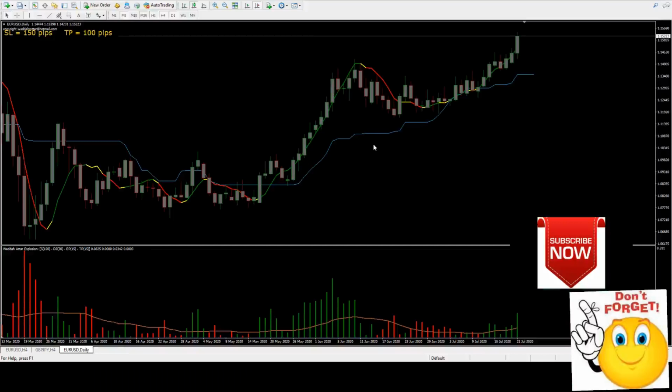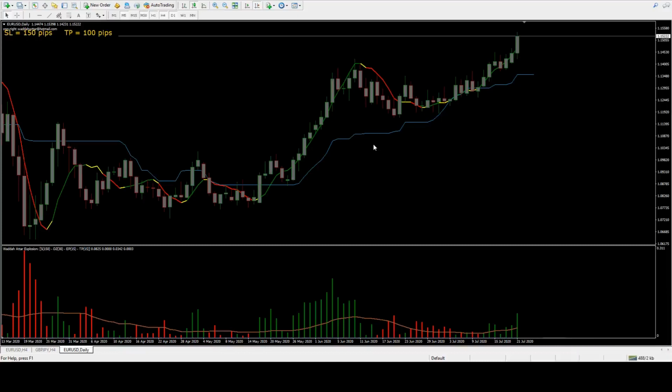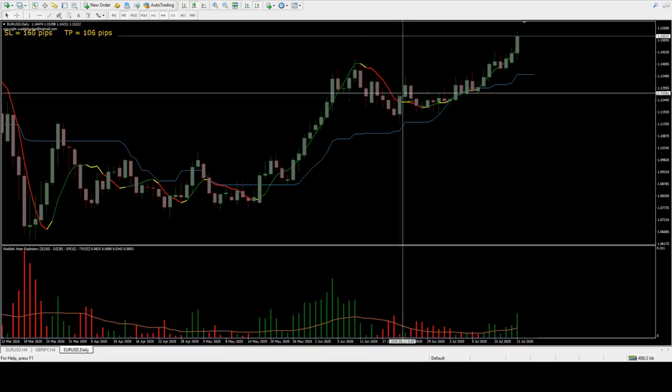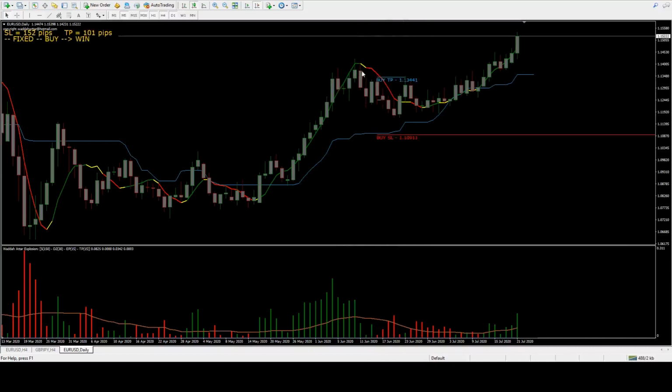Today I'd like to introduce you to one of my special tools that I have in my toolbox. It is an overlay indicator mixed up with the Waddah Attar Explosion, and I have the baseline of the Kijun-sen that I like to use. At the same time we have the No-Nonsense Forex ATR, where you can actually see, let's say,